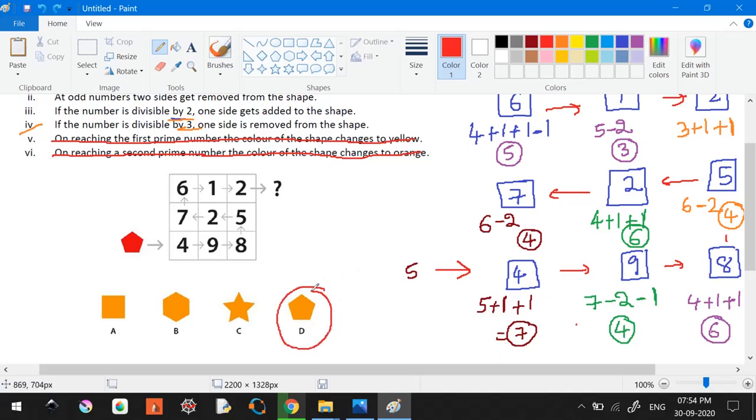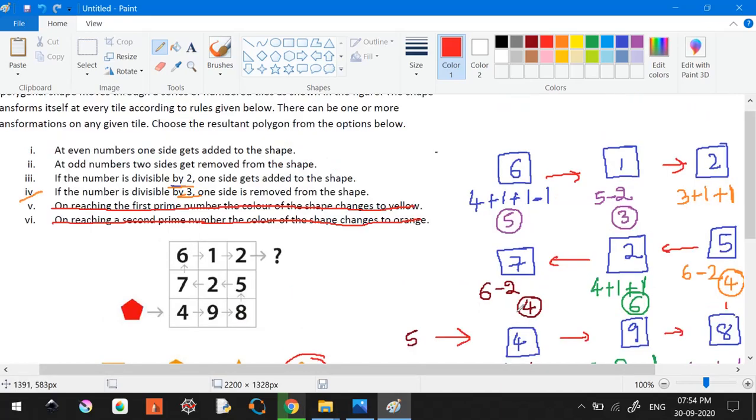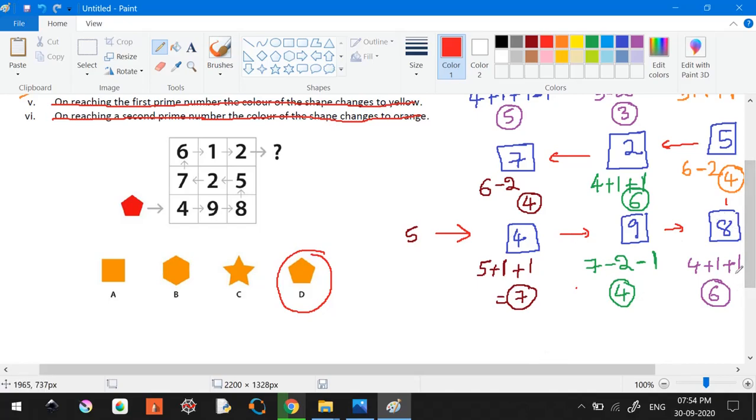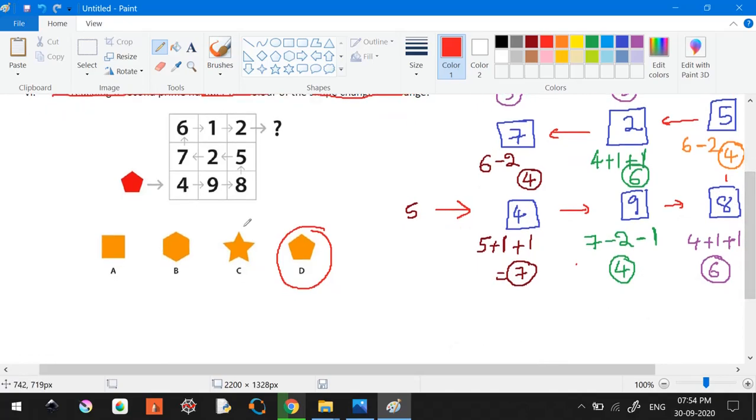I hope you got this. This is very clear. We just have to follow the rules and the steps very carefully. That's it. And while doing the exam, if you have rough paper, you don't have to draw this. Just write 4, right? So 5 plus 1 plus 1,